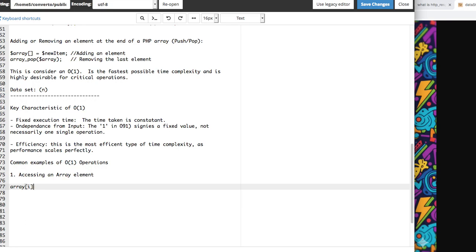And since the computer can calculate the memory address of the ith element instantly, by using the base address, because remember arrays go 0, 1, 2, it's very fast. It takes the same amount of time regardless of how many elements you have in that array. So the basic arithmetic and assignment, simple operations like adding two numbers or assigning a value to a variable, are